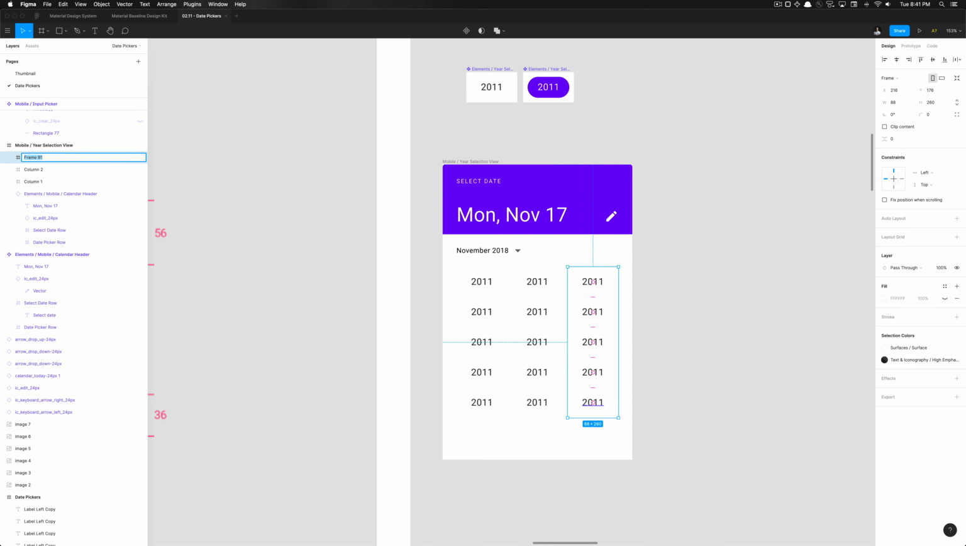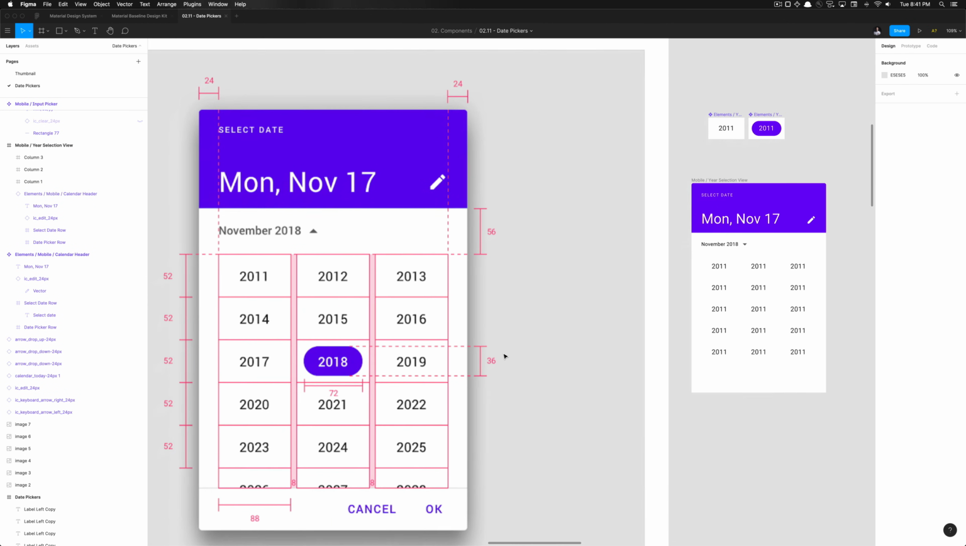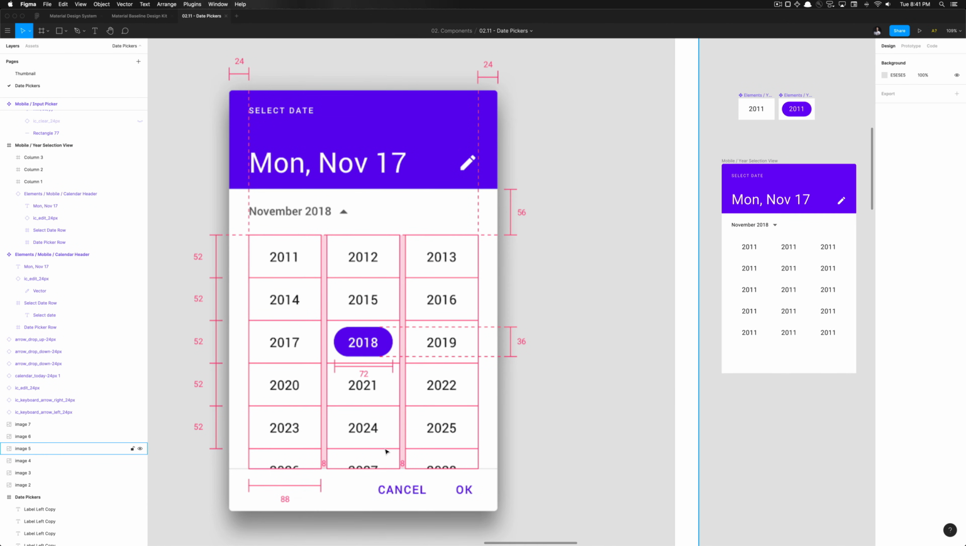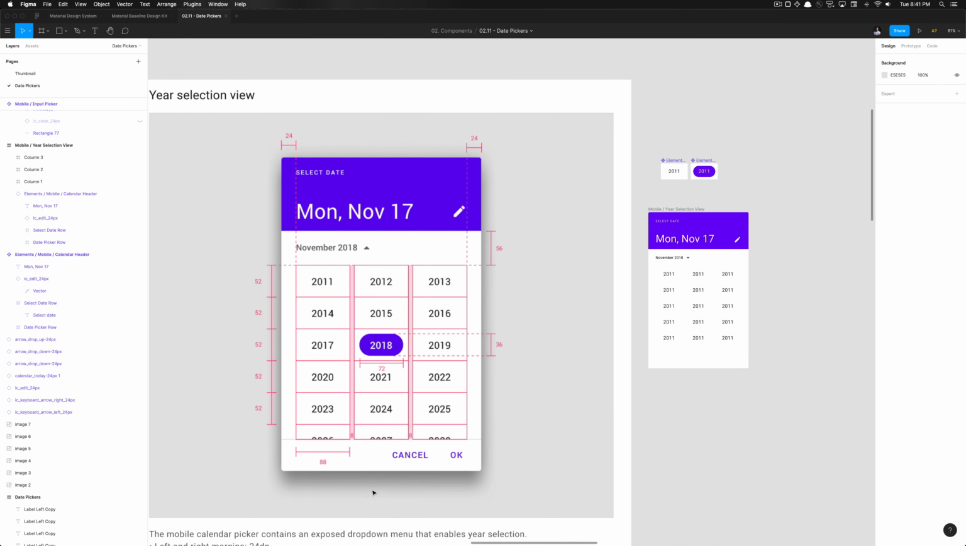Group it, rename it column 3. And one thing about these columns is that there's 5 rows here in each column that aren't cut off. There's a 6th row that gets cut off, but we're going to save that and go ahead and implement our